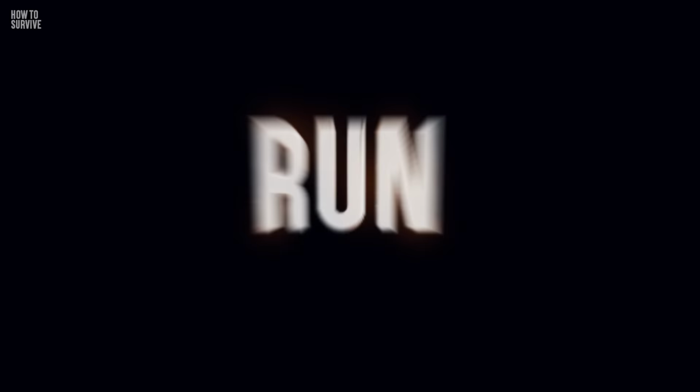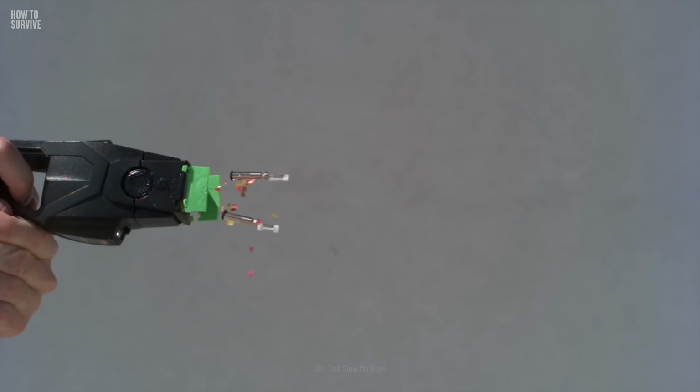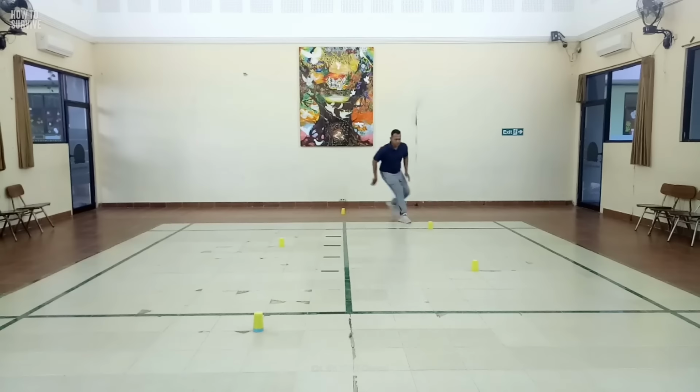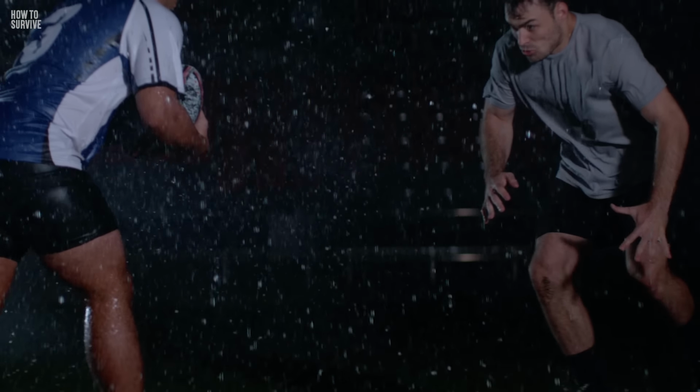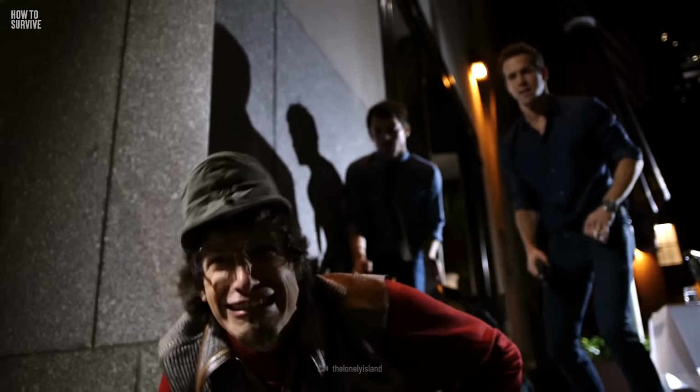Step 2. Run. You could run away from or toward your attacker. This is because staying 11 meters away will keep you out of reach of the taser's electric wires. Running in a zigzag pattern may help too. If you run toward your attacker, you will still be hit, but the prongs will stick closer together. You will still feel the shock, but it may not incapacitate you, and you may be able to break the